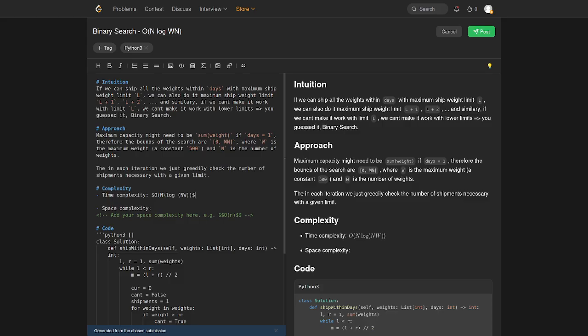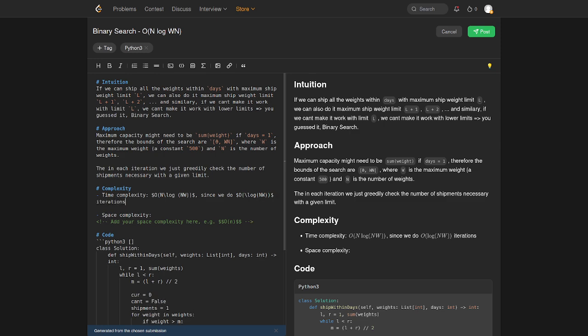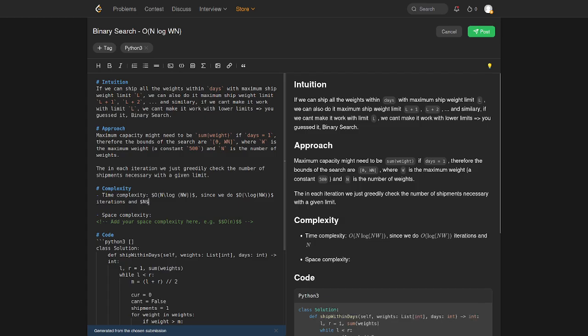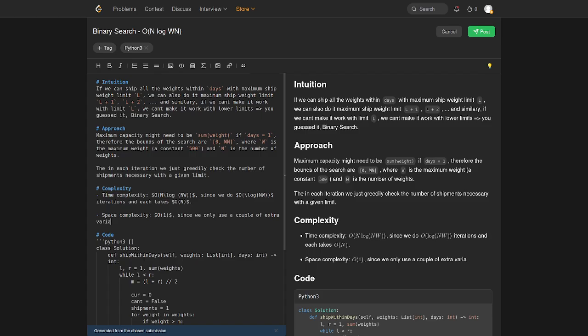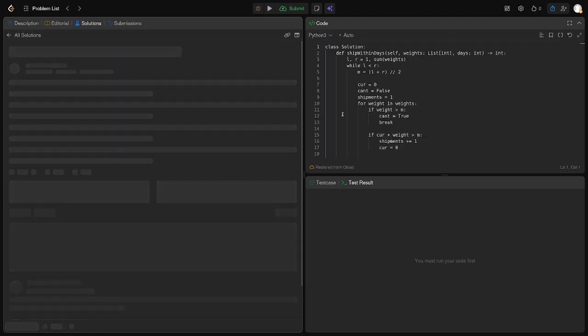The time complexity is O(n log nv), since we do log nv iterations and each takes O(n). Space complexity is O(n), since we only use a couple of extra variables. It's probably the most repeated sentence of my editorials.